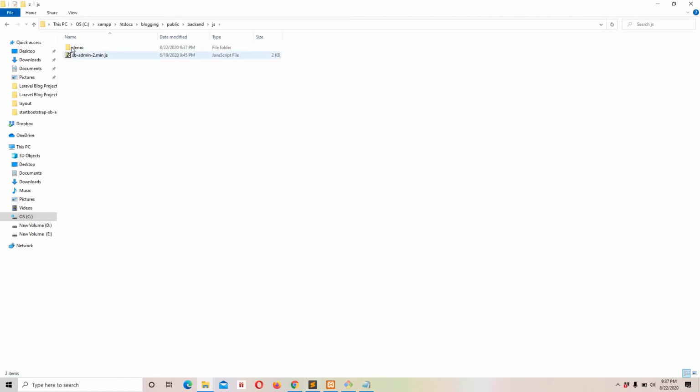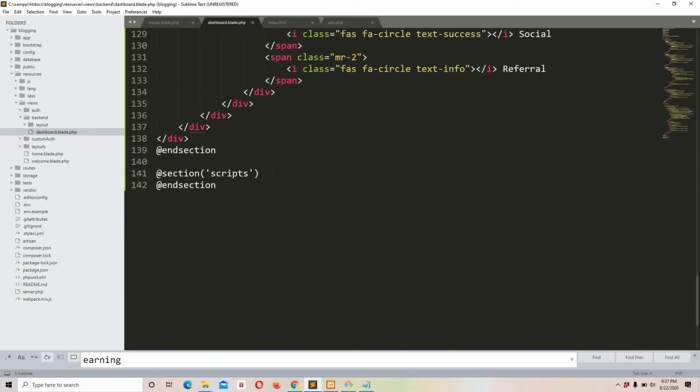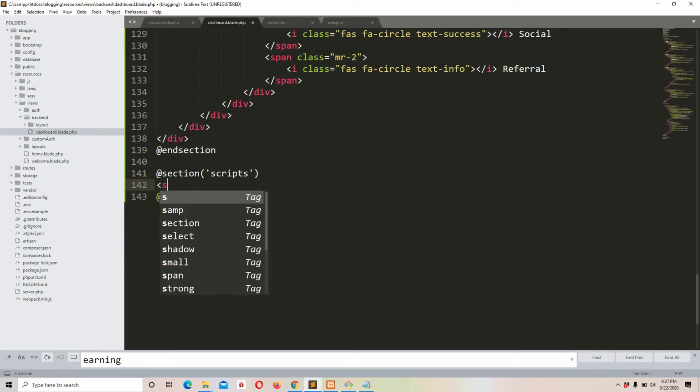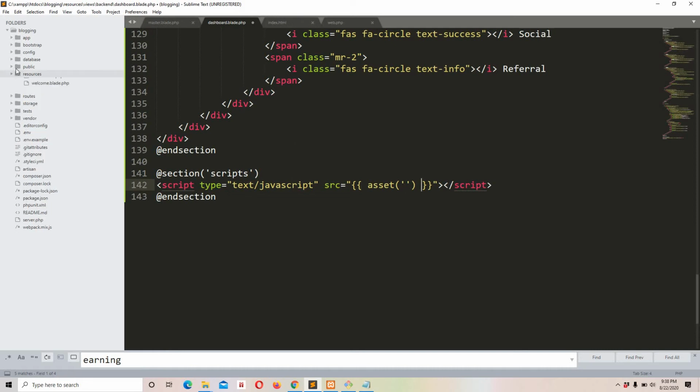Okay, now let's define the pie chart related JavaScript in our dashboard related file. Okay, so this is where these sections are very useful. Let's create script tags, and in this case the source is, let me open it up for you so there is no confusion. Okay, that's it. Okay, so we want from backend.